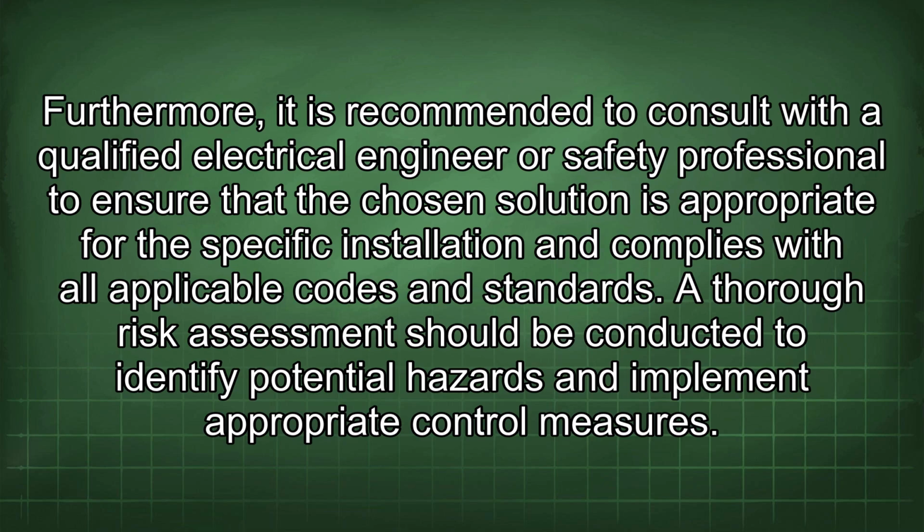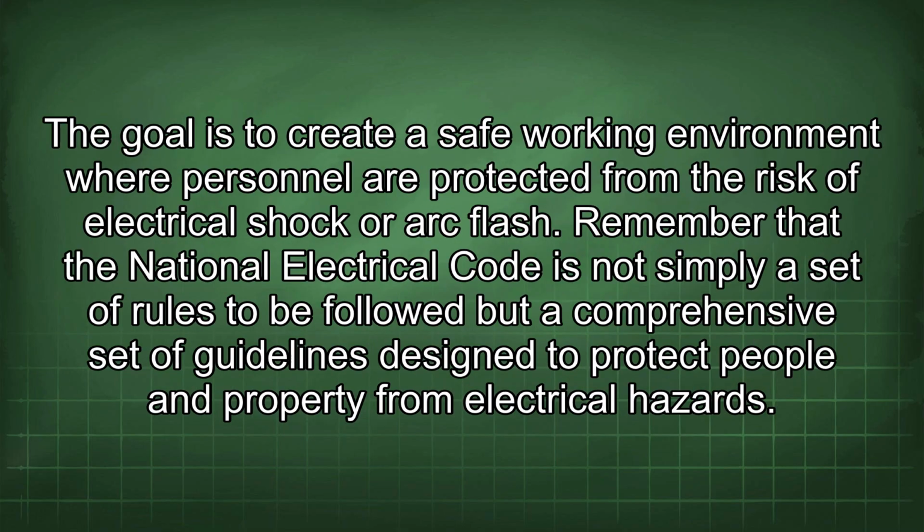Furthermore, it is recommended to consult with a qualified electrical engineer or safety professional to ensure that the chosen solution is appropriate for the specific installation and complies with all applicable codes and standards. A thorough risk assessment should be conducted to identify potential hazards and implement appropriate control measures. The goal is to create a safe working environment where personnel are protected from the risk of electrical shock or